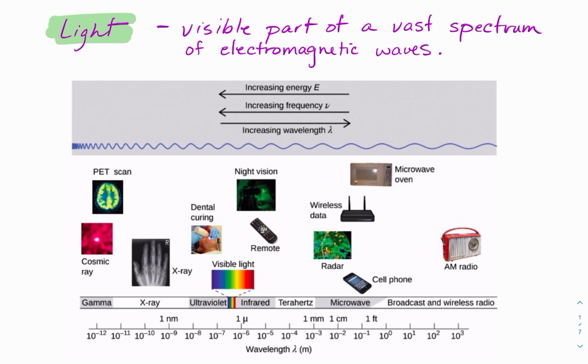We're going to look at the atomic structure of an atom. But before we get to that particular concept, what we need to do is look at a particular thing called light. And light is essentially the visible part of a vast spectrum of electromagnetic waves. And the electromagnetic spectrum that you see here, shown towards the bottom of the screen, is an entire spectrum of